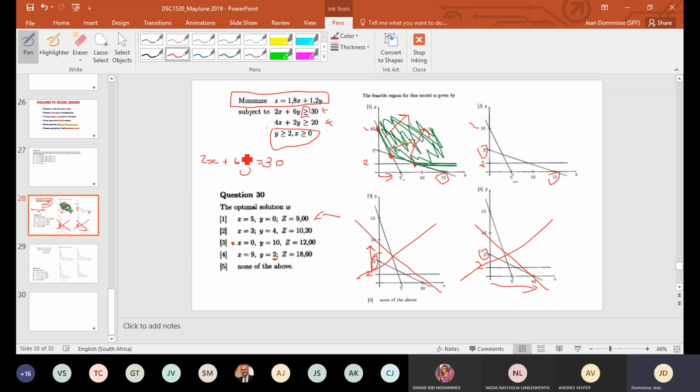I know y is equal to 2, so I can substitute y equal to 2 in there. So 2x will be equal to 30 minus 12, which is 18. X will give me 9,